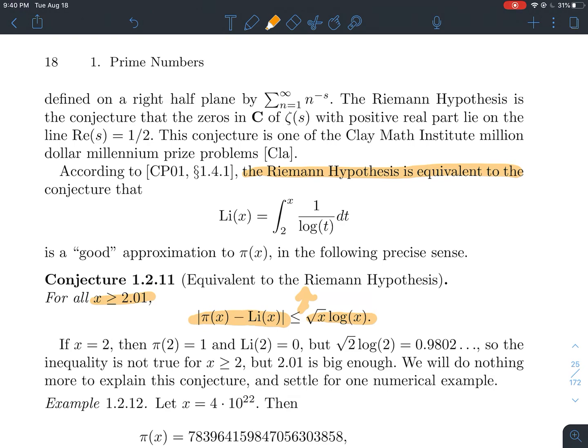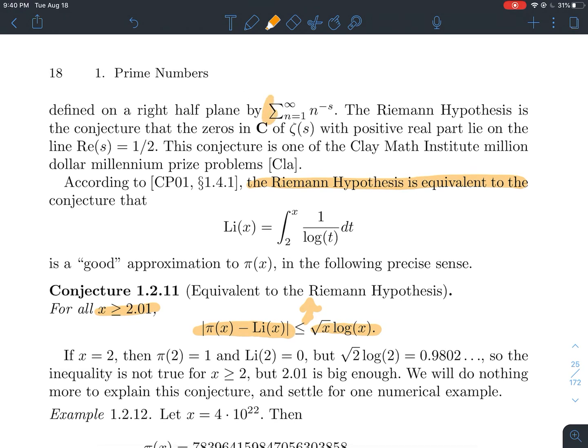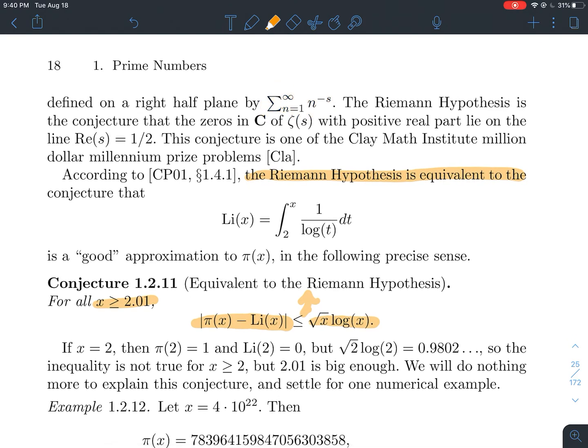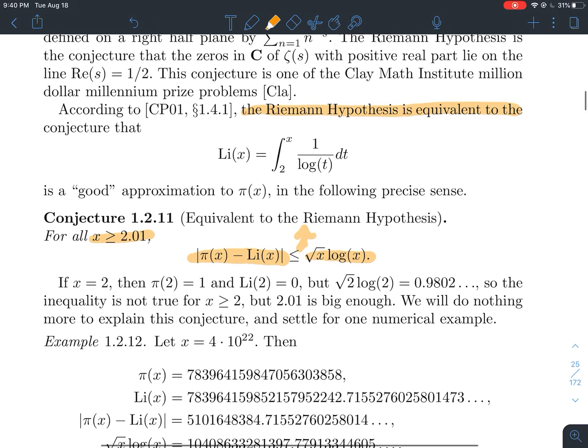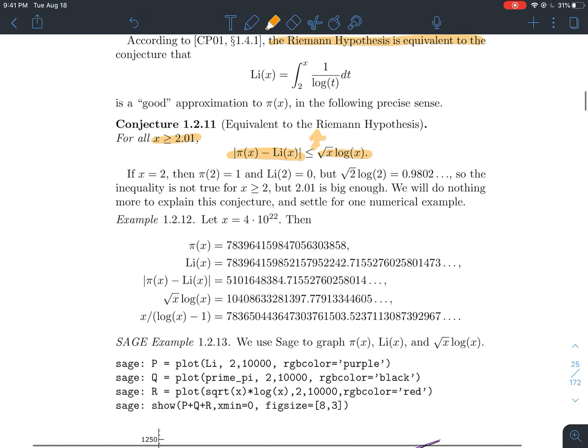And so that's the connection between the Riemann hypothesis and the prime numbers. It's not so much a direct connection between this formula that shows up in the Riemann hypothesis with the zeta function. It's more, again, kind of a roundabout characterization that links the two concepts together. And then really the rest of the section is to